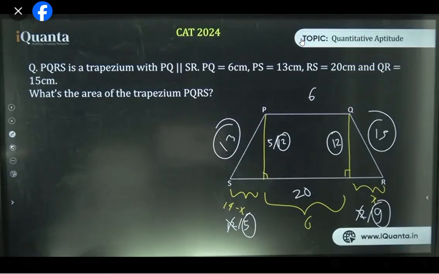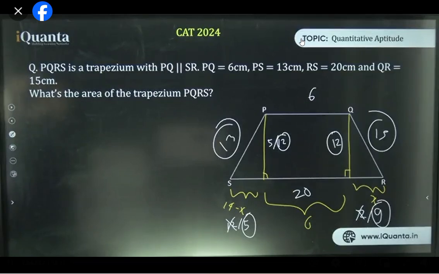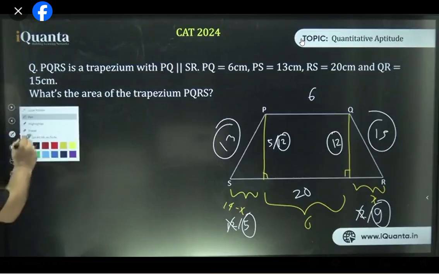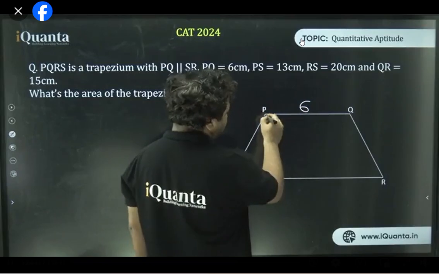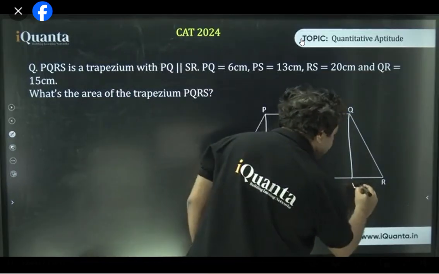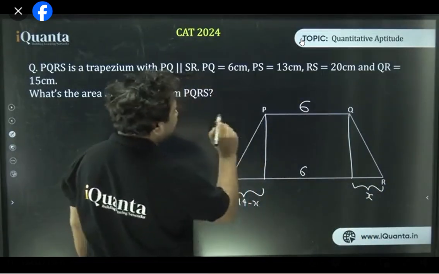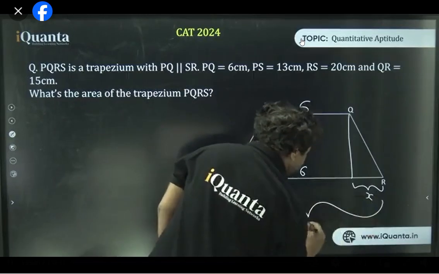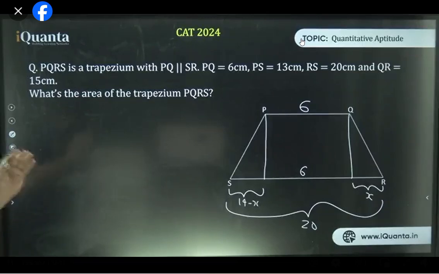समझ में नहीं आया गौरव? Yeah, I'll repeat. Of course, I'll do. Brilliant question, isn't it? Yeah, I'll repeat. Don't worry. See, all I'm saying is, this is 6. All of you know that. Let's drop a perpendicular from here and here. This will also be 6. Okay, let's assume this to be x. So tell me, this will be 14 minus x, yes or no? Why can I say that? Because it's given in the question that the value of rs, this whole, was 20. Perfect. Okay.